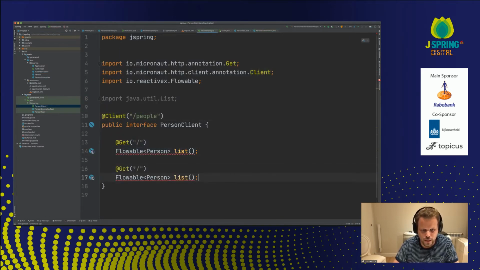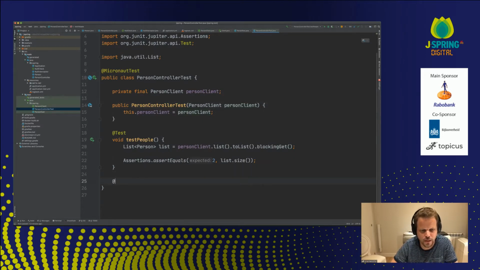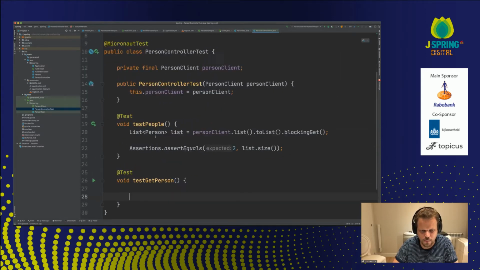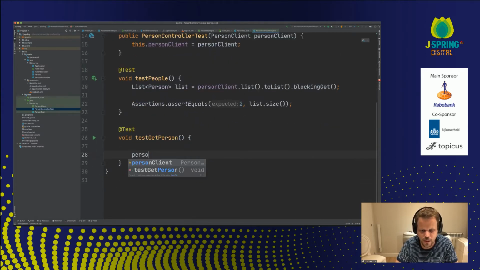So let's add another get request here, like so. And let's try get person by name. Yes, just get person. See how that works. Okay. So make that bigger. Person client dot get.